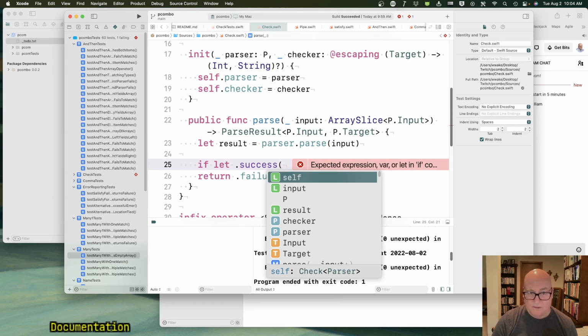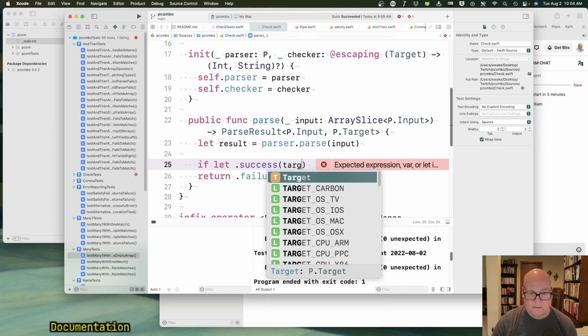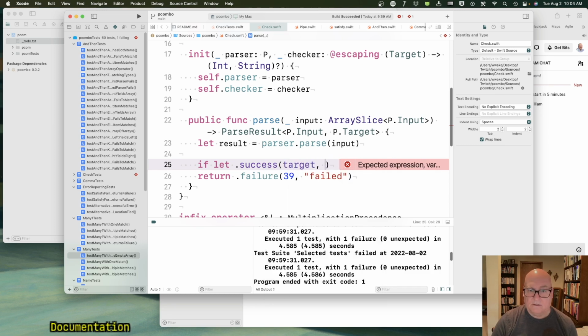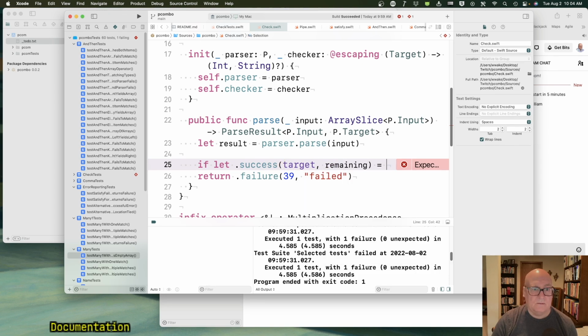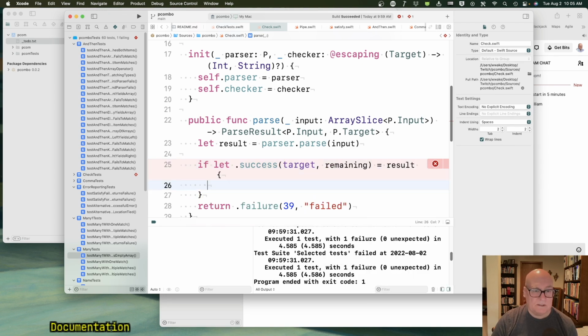We get a value, target, and remaining equals result. Okay, so if the result was successful,